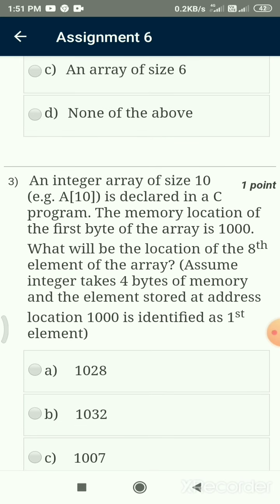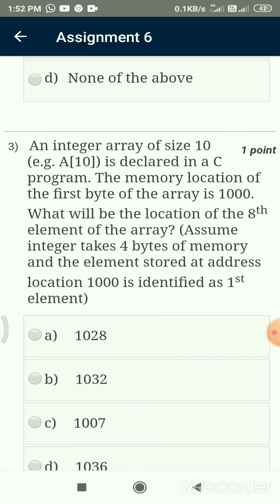Come to the third question: an integer array of size 10, let us take a of 10, is declared in a C program. The memory allocation of the first byte of the array is 1000. What will be the location of the 8th element of the array? The address 1000 is identified as the first element, which is the 0th location.